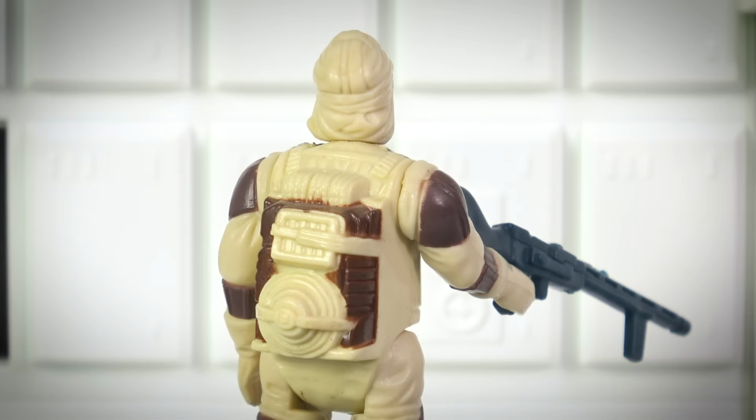However, his pack is much larger than the Rebel Commander's, which makes it much more difficult to have him sitting